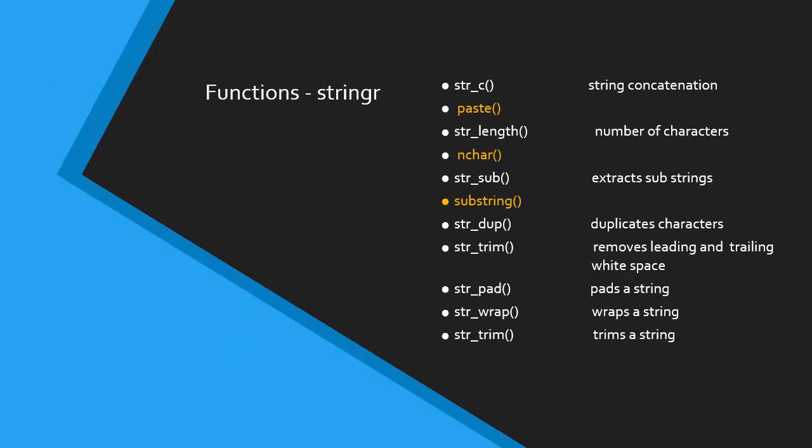For using functions from the stringr package, we have to install the package using the install.packages command and then load it into the memory using the library function. stringr functions are similar to base R functions, indicated below each of them, with additional flexibility and power. They all start with str underscore. Some functions don't have equivalents in base R. Now we will go to RStudio.